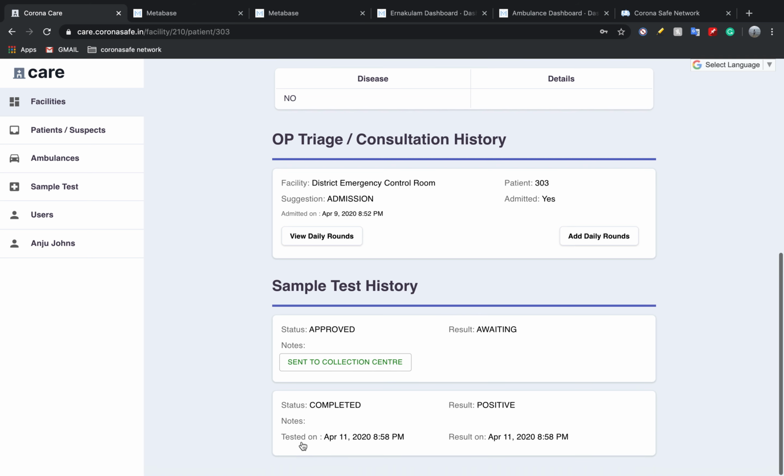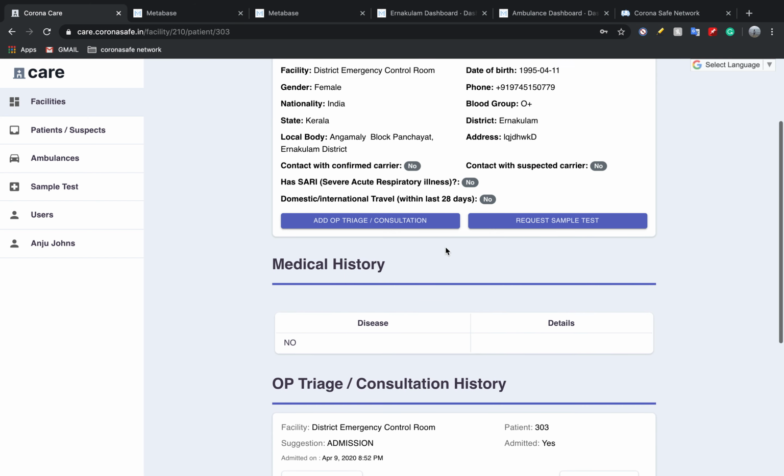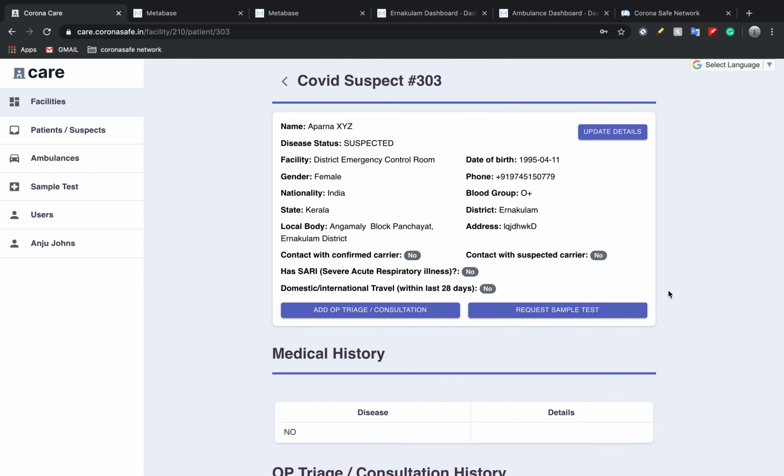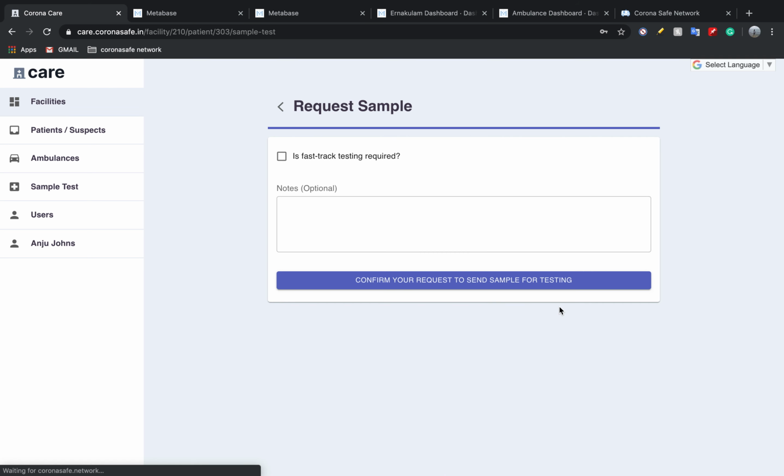This is the sample testing history of that particular individual. All the samples are tested through our system. To request a test for a particular patient, this is where the hospital admins will have to click, and you can request a test to be done for this particular patient.